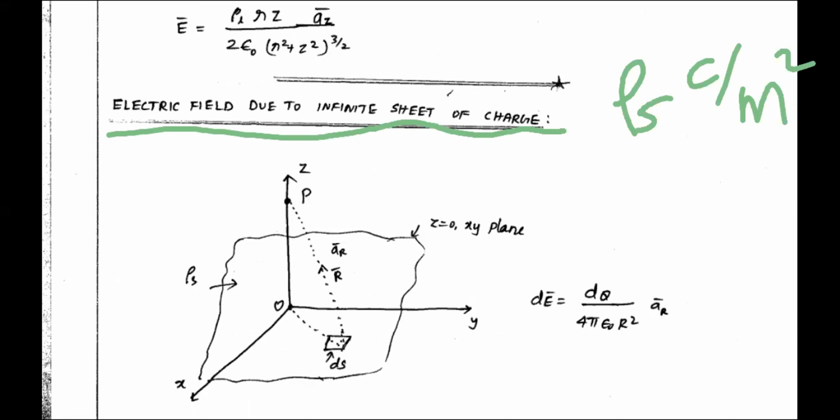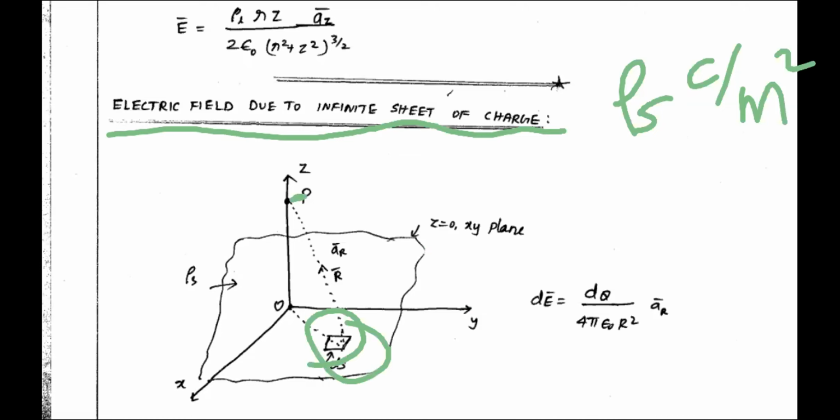Okay, again see where they have placed our sheet: the z equal to 0 plane, or otherwise the xy plane. Again this is a complete infinite sheet, because x is from minus infinity to plus infinity, and y is also from minus infinity to plus infinity. Okay, so this is called a complete sheet. Then they have chosen some smaller area. Then again this is our test point.